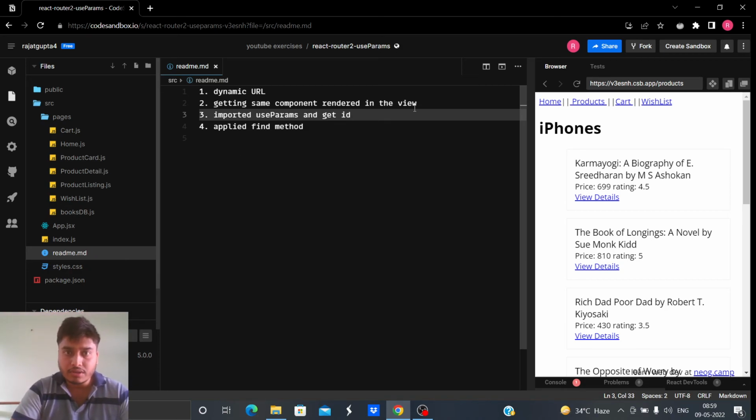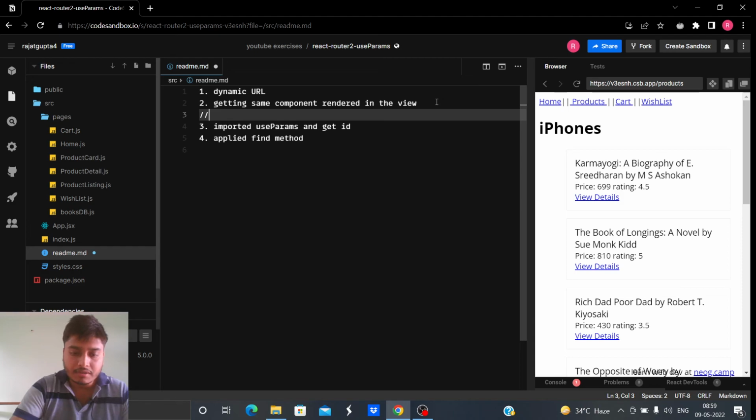So in order to make the rendered component dynamic, we do the third and fourth steps.